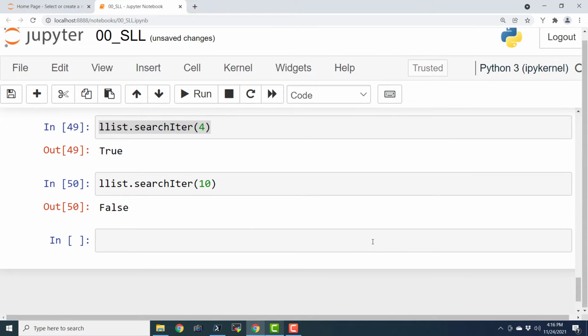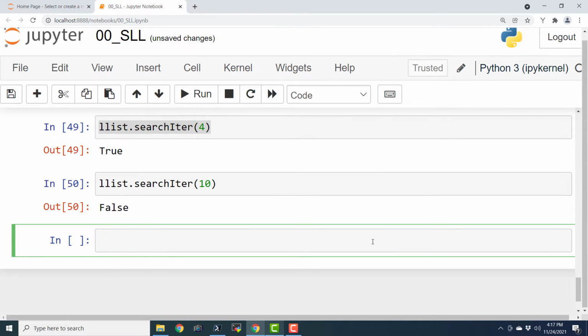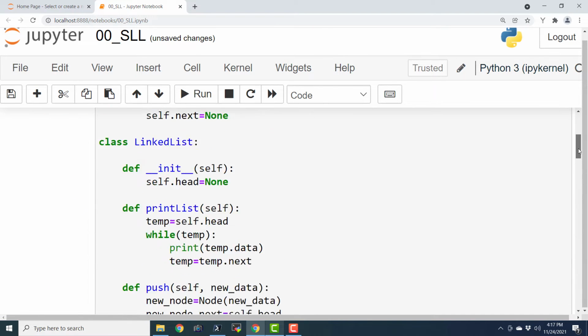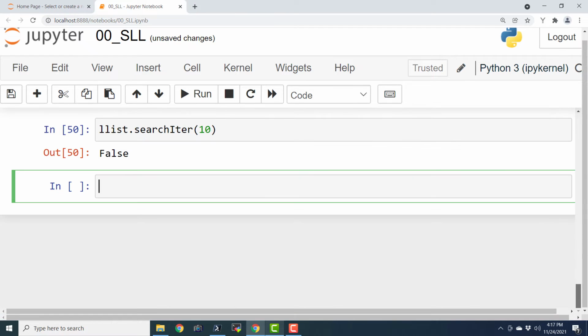Now we are going to write a procedure which is outside of the definition of the class of linked list. Earlier, whatever we have written was part of this class, and those were methods. Now we are going to write a standalone function that is going to accept that linked list as an object. So let us say def search_rec, the recursive search, with li, the linked list object, and here I'm going to say key.